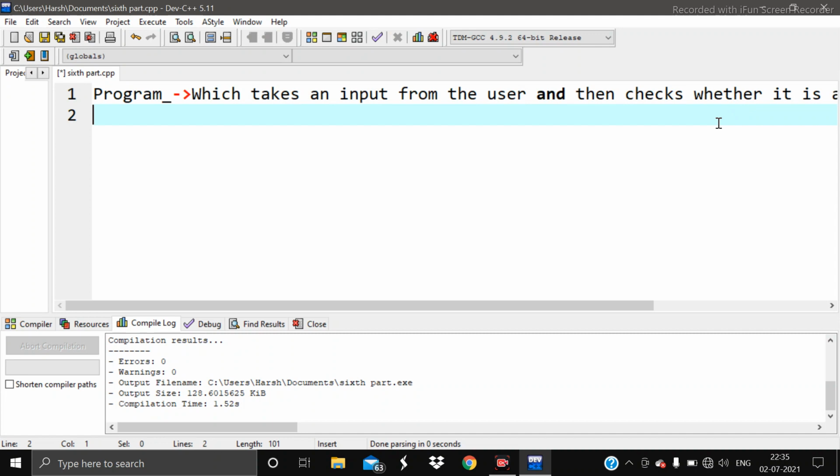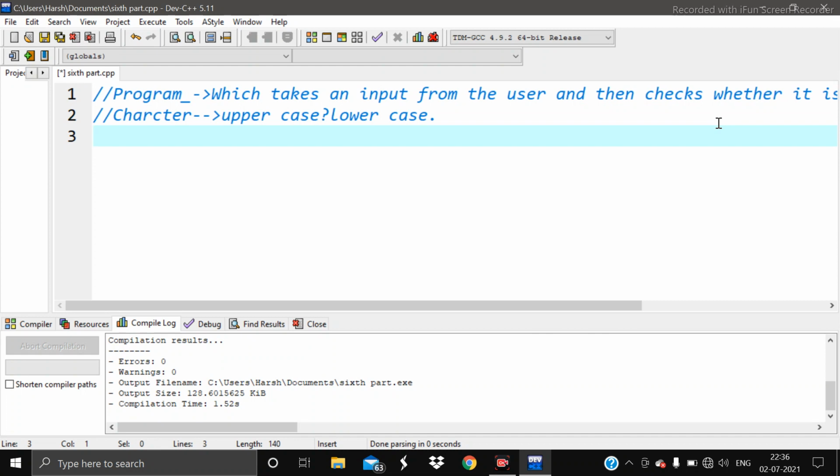Now the other thing is, if it is a character, then we have to find out whether it is an uppercase or lowercase character. Okay. So for this, I will write all this in the comment section. For this, the concept of nested if else will be executed.